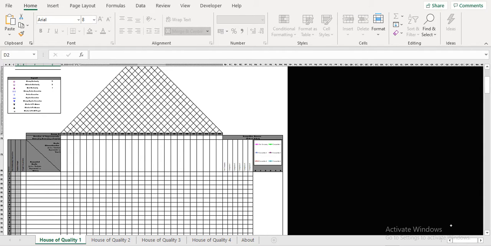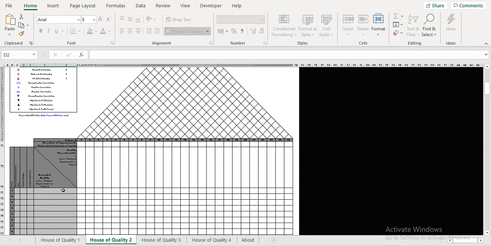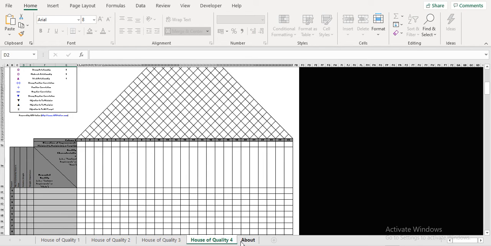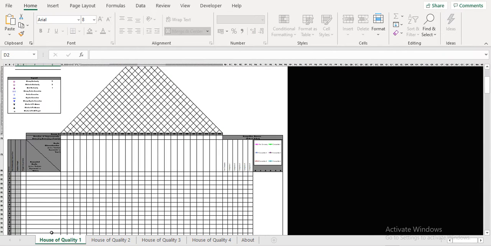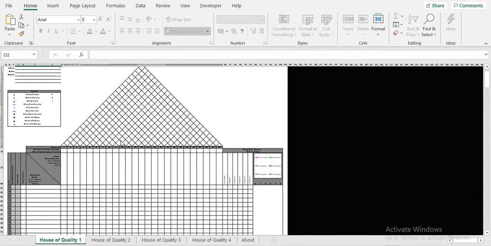Guys, welcome back. I see that in the first template that I sent to you, these three sheets for HOQ are not working. These three sheets are not working for watts either. You cannot include watts values over here, so you cannot use them. So I sent you another template. Use the House of Quality one in that. It will help you to create the design properly.